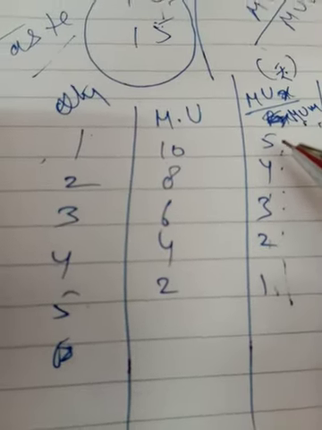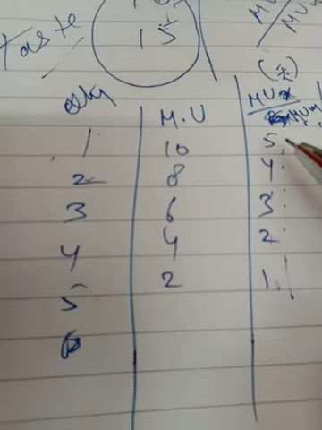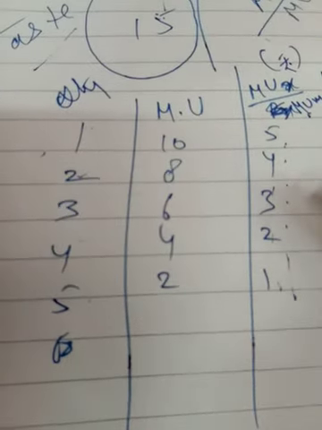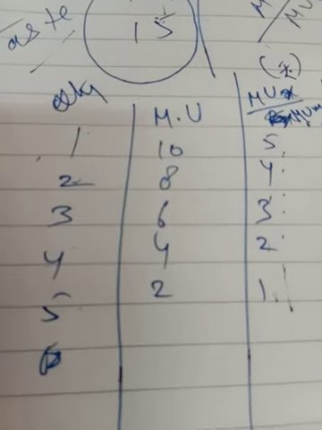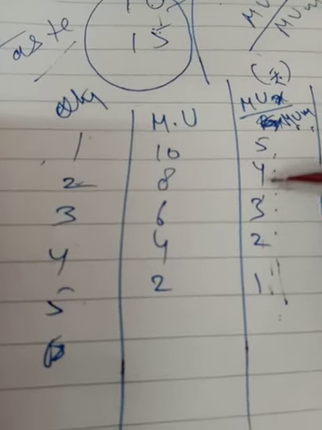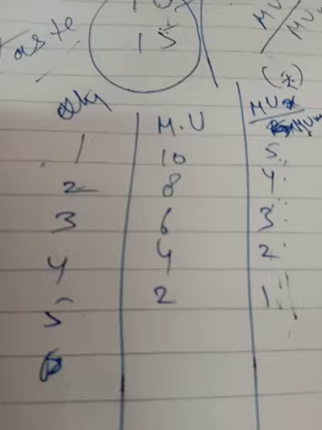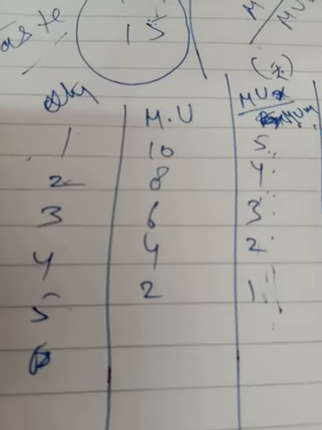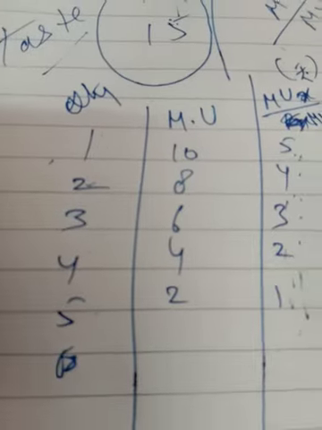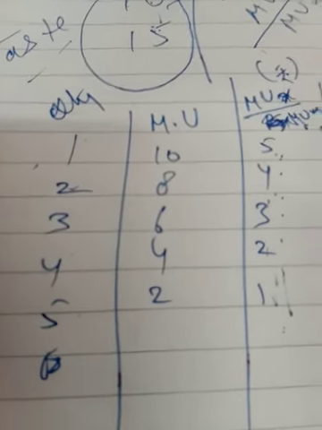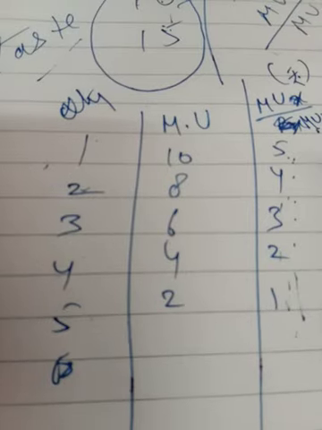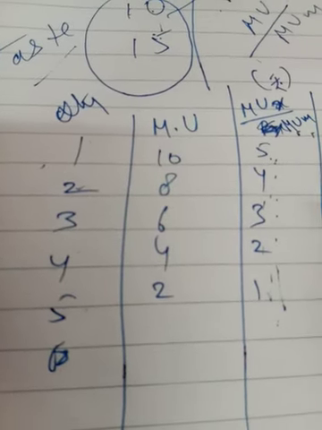So out of the first unit you are getting marginal utility equal to 5 rupees, from the second unit 4 rupees, from the third unit 3 rupees, from the fourth 2 rupees, and from the fifth 1 rupee. That means for every additional unit you want to pay less. So whenever price increases, demand decreases, because for every additional unit you want to pay less. Fine. That is why you can connect marginal utility with the law of demand. When price falls, demand increases, and when price increases, demand decreases.